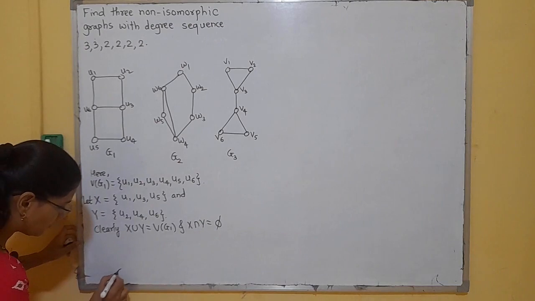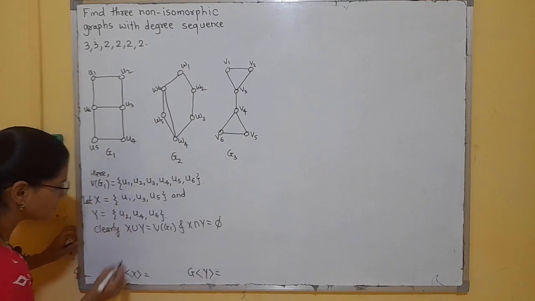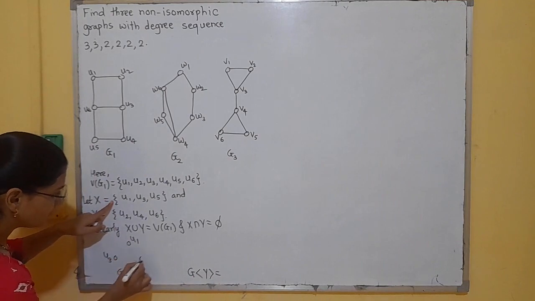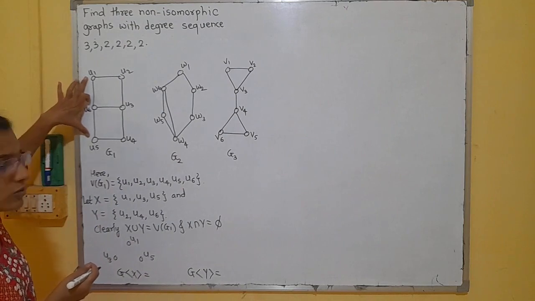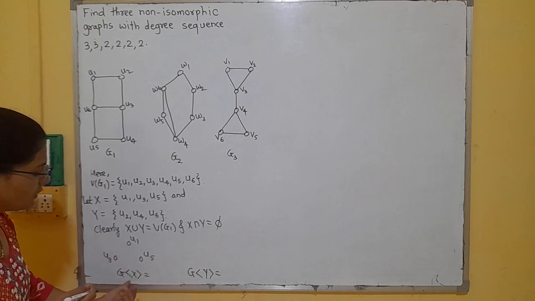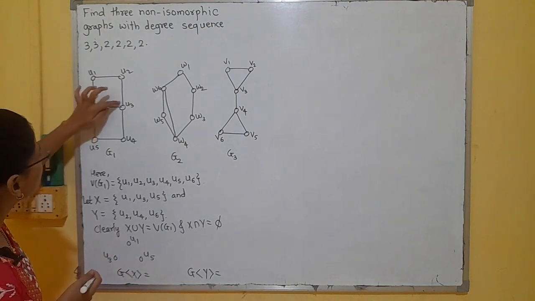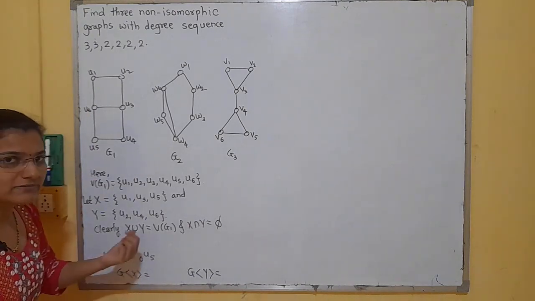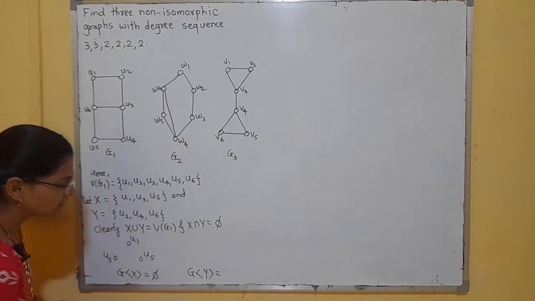Now consider the vertex induced subgraph on X and the vertex induced subgraph on Y. We will draw this graph. Vertices in X are U1, U3 and U5. So check whether U1 and U5 have an edge or not. No, there is no edge between U1 and U5. So there is no edge between U1 and U5 in the induced subgraph on X also. There is no edge between U1, U3 and no edge between U3, U5. So this graph will contain only these three vertices without any edge. That means the vertex induced subgraph on X is a null graph.